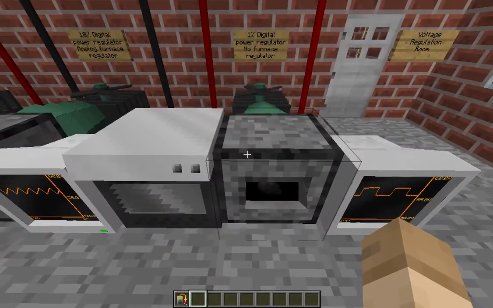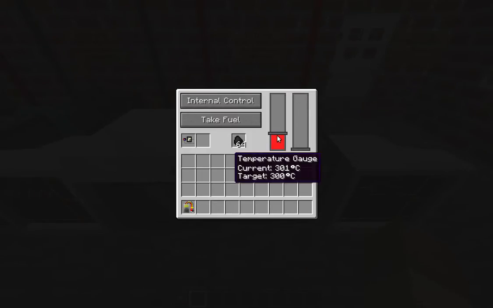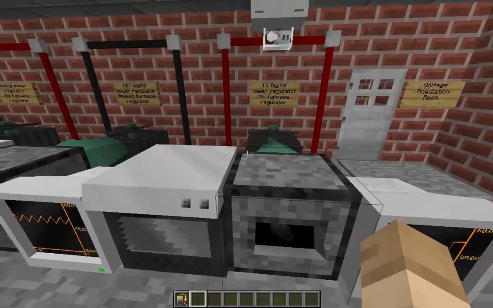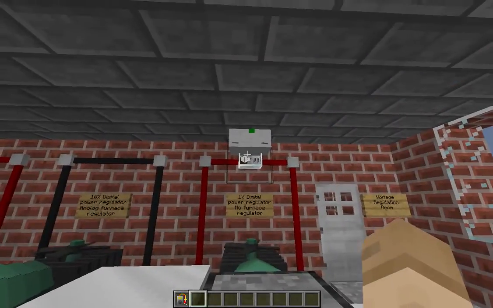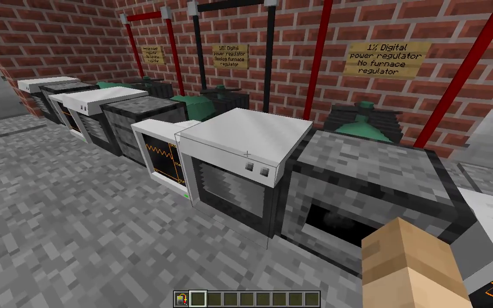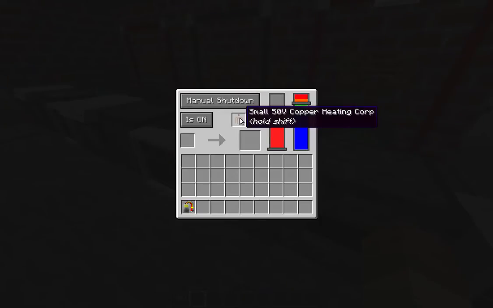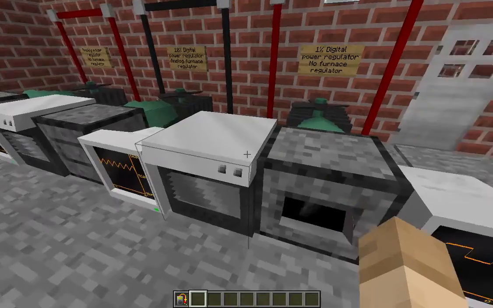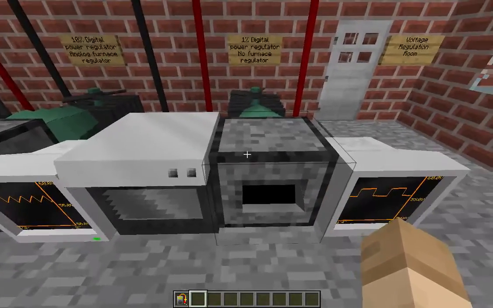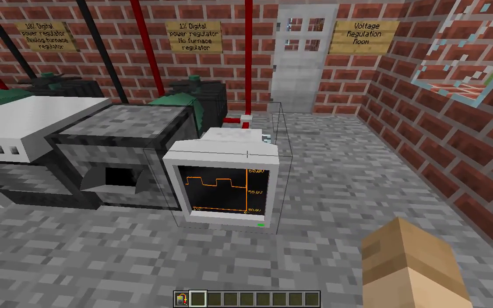Your final type of internal regulation is the 1% digital power regulator. This guy is similar to the 10%, except it's a 1% difference that causes him to turn on and off. The one difference between this unit and the previous two is that the signal box on the ceiling is going to cause this electrical furnace to turn on and off every 30 seconds. Since he's not regulated, he's going to try and draw as much power as he can. This effectively makes this little circuit here a variable load one, and as you can expect, the voltage is also